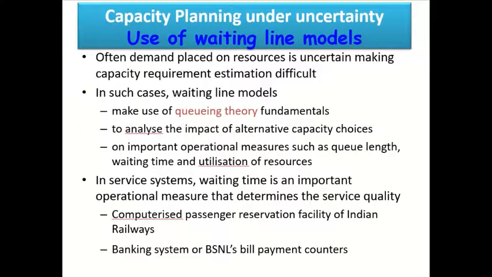So this is a typical representation of a queuing system. Now, what is the need for us to study these queuing systems, which are also called the waiting line models? The waiting line models make use of queuing theory fundamentals to analyze the impact of alternative capacity choices on important operational measures in operational systems, such as the queue length, waiting time, and the utilization of resources. Now consider a capacity planning problem in case of a computerized railway passenger reservation facility or system at one of the Indian Railways